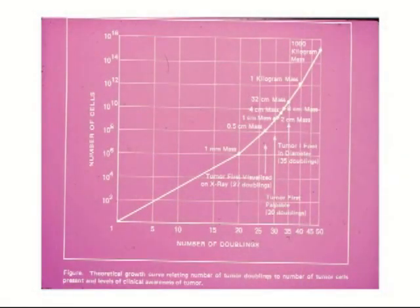And it's illustrated, I always like to show this slide because it's illustrated very well here. Here you have a half-centimeter mass, which is probably, arguably, just at the edge of being detectable by even some of the most sophisticated techniques we have now. And you're already looking at 10 to the 8th cells, cancer cells, in a half-centimeter mass. So anybody thinking that negative scans mean there's nothing there, it obviously is not true, and this was